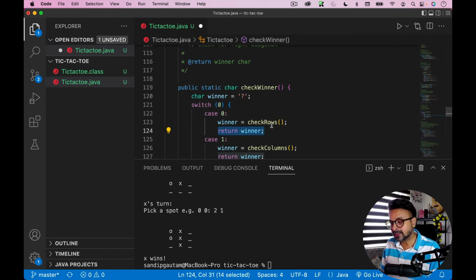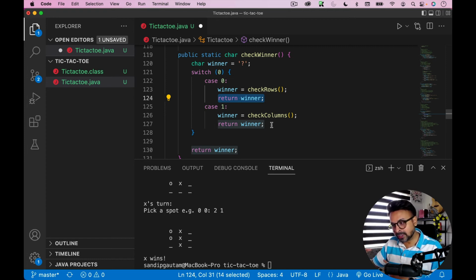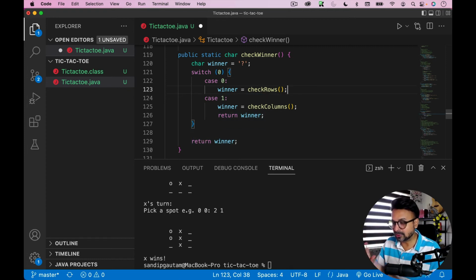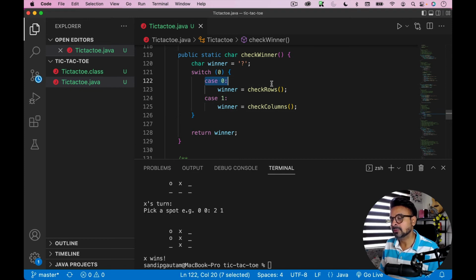And that's where this case, so we need to execute all the 4 cases and we need to return the winner at the end of the code. So that's what I have found out till now. So we're going to just remove this return statement from here. So we're going to run through case 0, check for the rows. We're going to run through the column case 1, and finally when we have a winner, we are going to return it here. So I did some testing. Let's do a compile